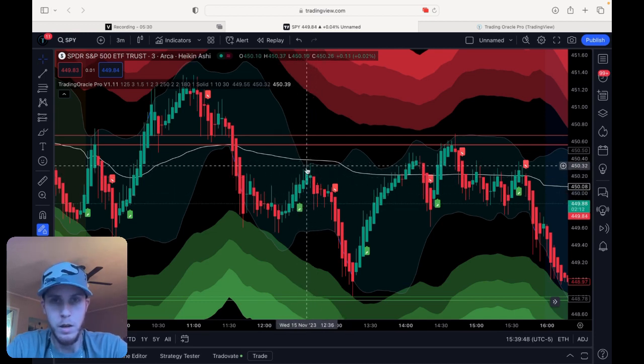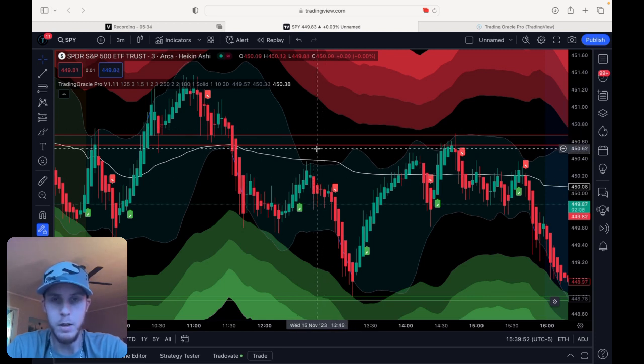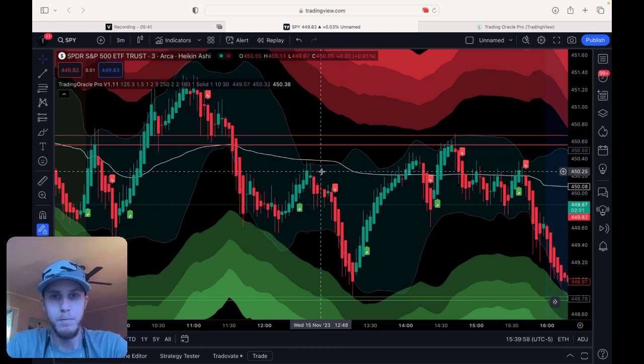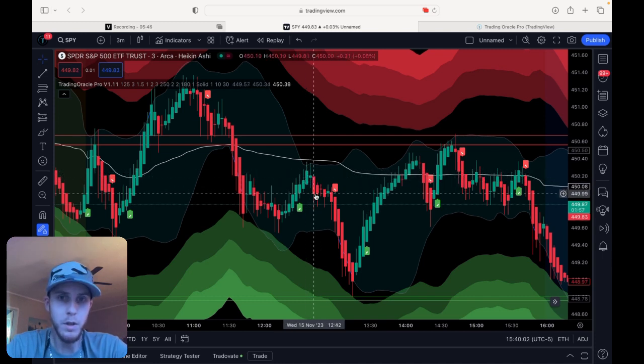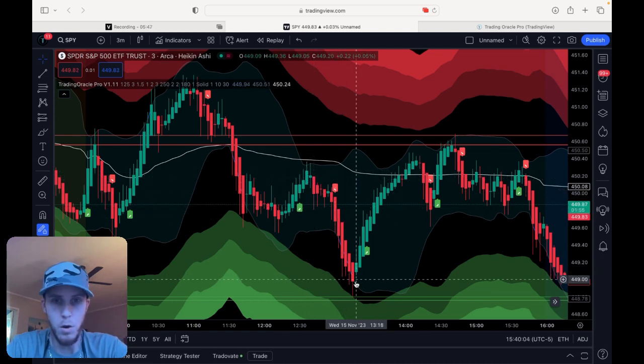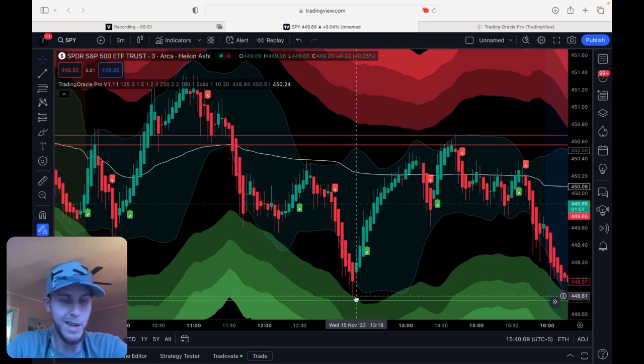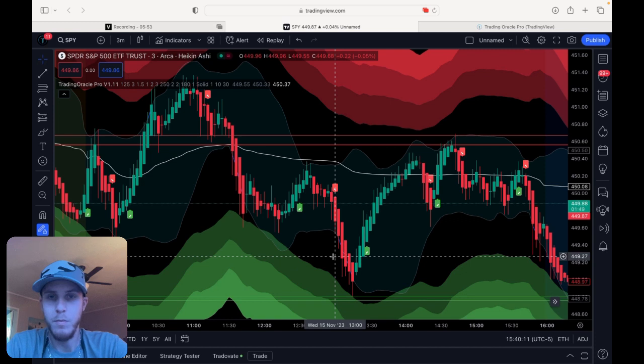If it broke back below or broke back above VWAP, then that would be an indication to probably get out while you can. But obviously, you got a green candle here with an engulfing red candle, and it came all the way down to where support is, around 448.80. So this is just one way to